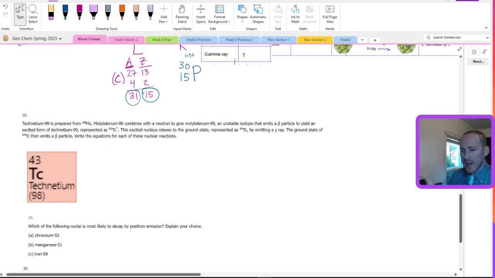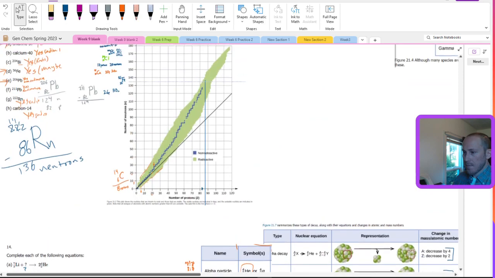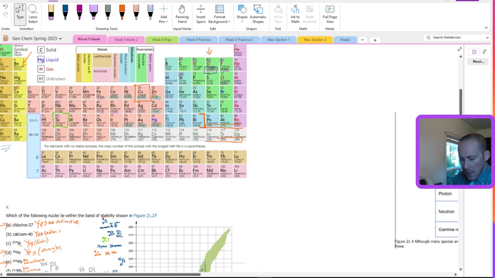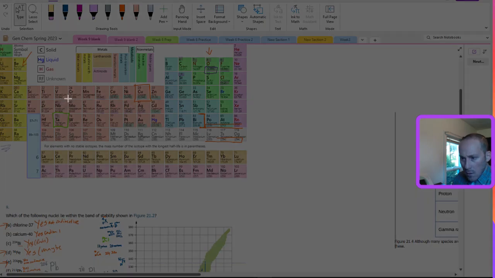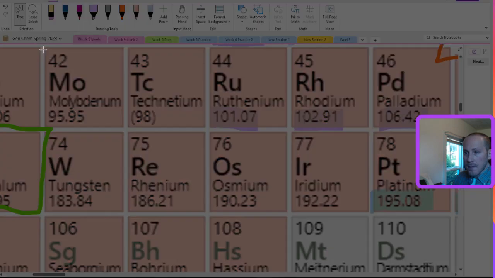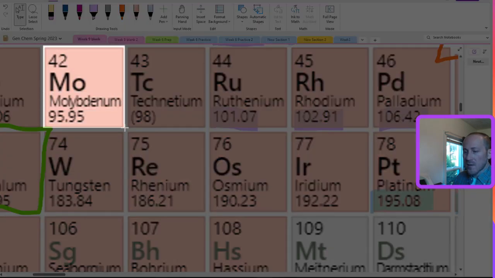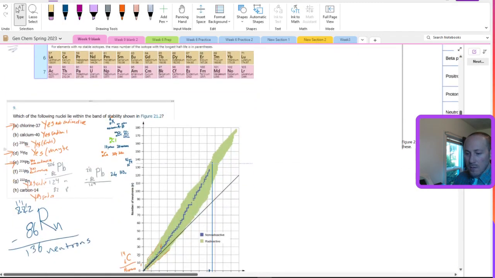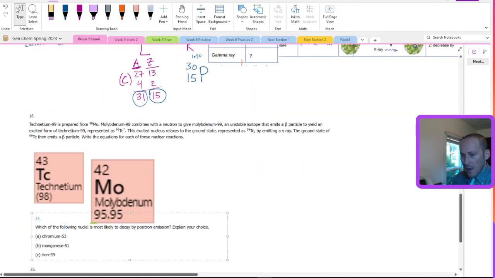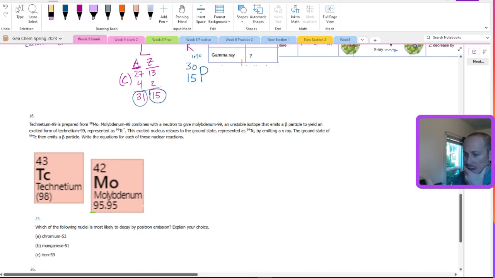There we go. Technetium 99 is prepared from molybdenum 98. Molybdenum. I should like, if I'm going to screenshot it, I should zoom in. I guess they're apparently right next to each other, so I could have just done that in one, but I was not thinking ahead. Okay, and